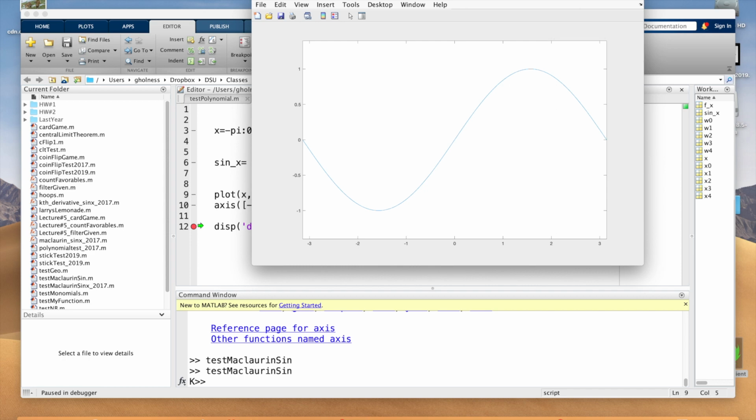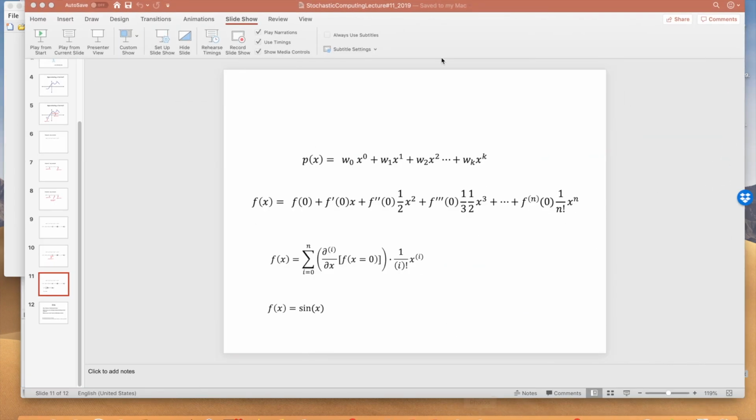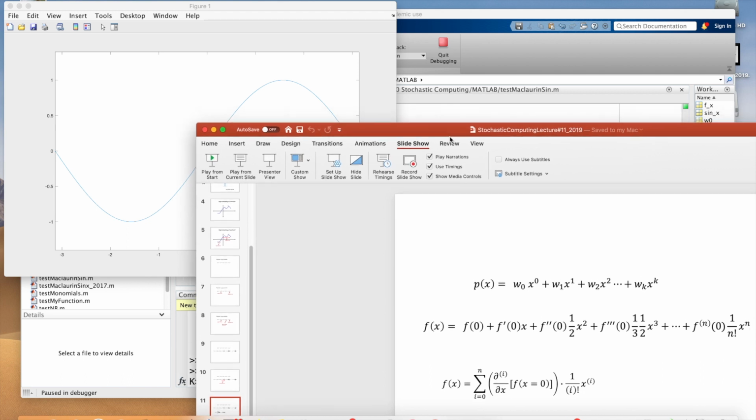So now what I'll do is create the Maclaurin series and approximate this sine wave, that's the actual sine wave, with our Maclaurin series, and show you that as I include terms in this polynomial that are more and more wiggly, right, the higher order terms, the higher order monomials, that it'll get closer and closer and closer to approximating the sine wave. But I'm going to set the coefficients differently using the Maclaurin series. Okay? All right. So let me bring this up so I can remind myself what the Maclaurin series is.